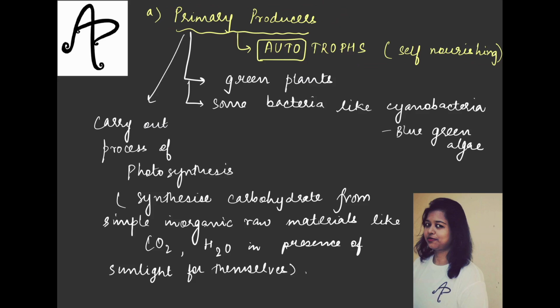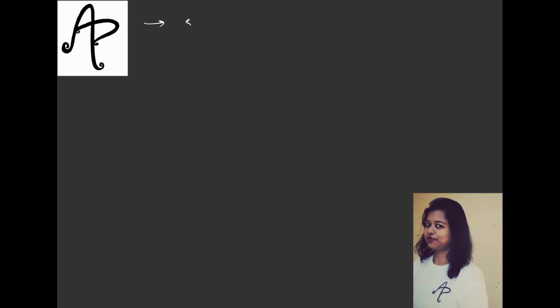Now they do this for themselves, so how do they give this or transfer this energy to the others? Because we know that the consumers will not be able to produce the food for themselves. We have done it in the previous video. So they then supply it indirectly. And how will it happen? Let's say by eating, etc. So when we eat the plants or the animals eat the plants, we get that energy because we do not consume the solar energy directly. We have seen in the abiotic factors also. So they supply this indirectly to other non-producers.